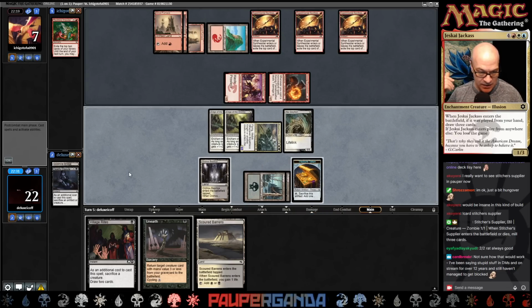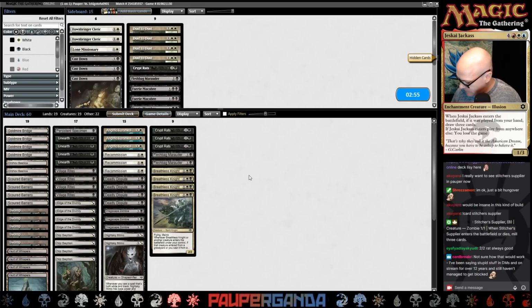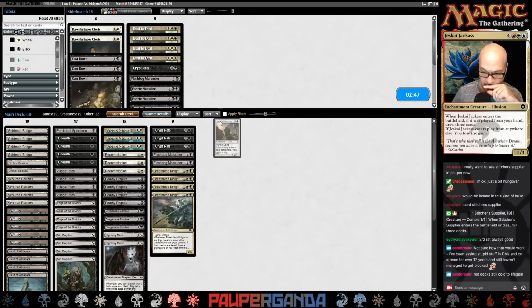We have enough life gain and such that the way it's designed, I think we can, yeah. So, hey, check that out. Game 1 against Kuldotha Burn, and wag the rogue finger at me as much as you want. It works. All right. Let's bring in the,